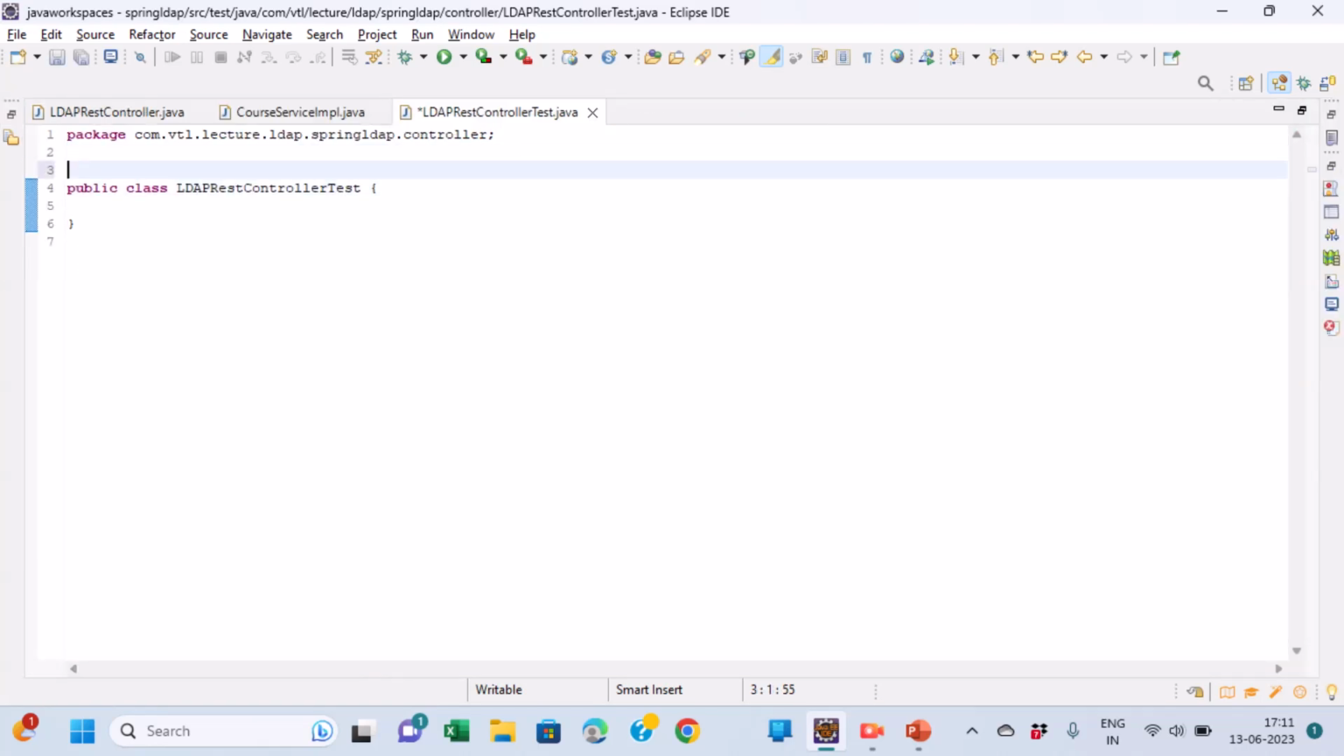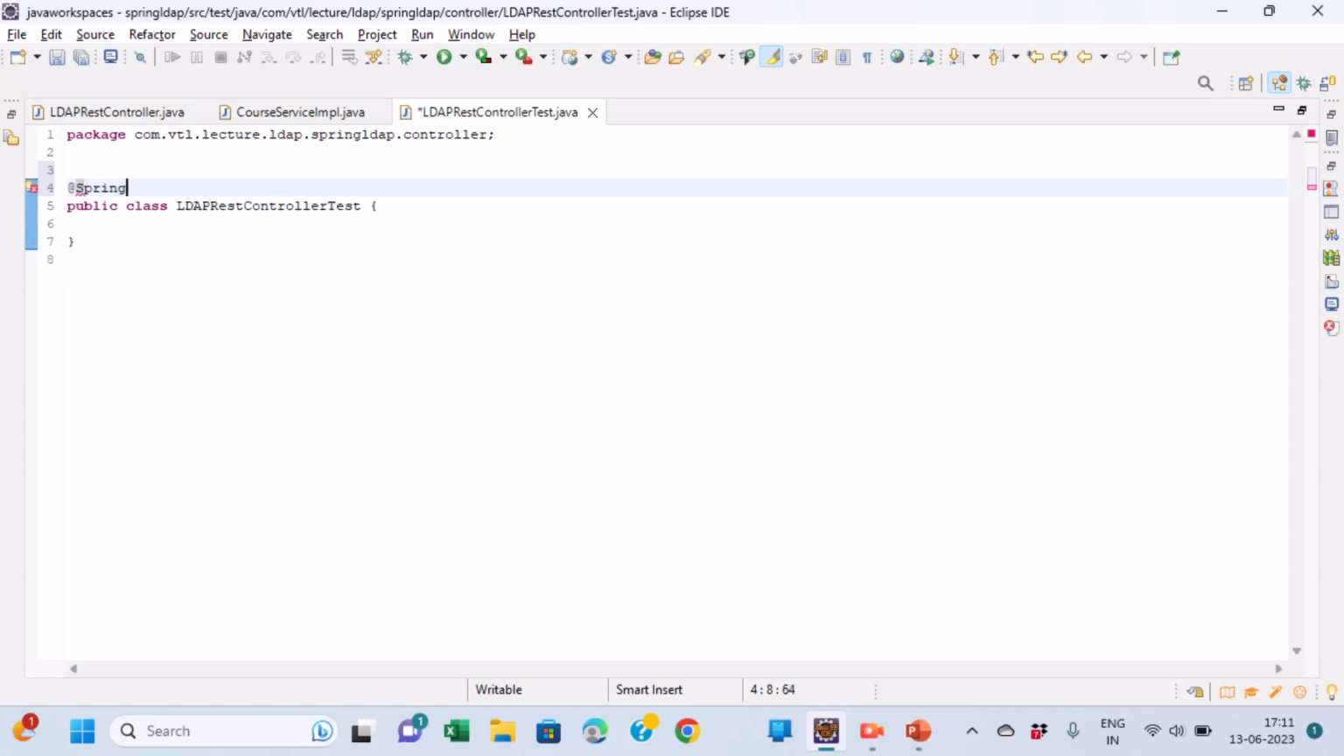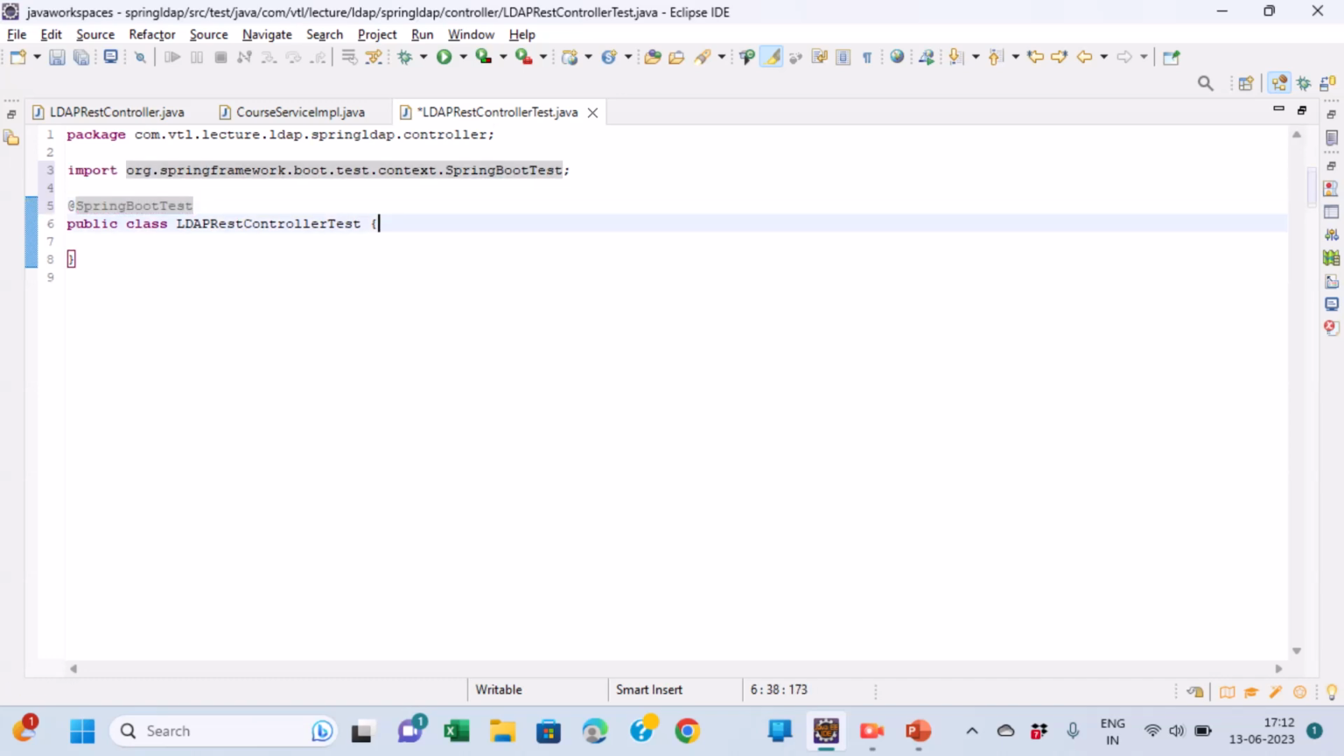Now, for writing unit test cases, we should not annotate with Spring Boot test. The reason is that Spring Boot test would inject all the dependencies, including the data sources. So if we include @SpringBootTest and write a test case, it is an integration test case because it would inject all the dependent objects and do an end-to-end testing of the application. But here we are not going to do that. We are going to write a test case for the controller, and hence it should be